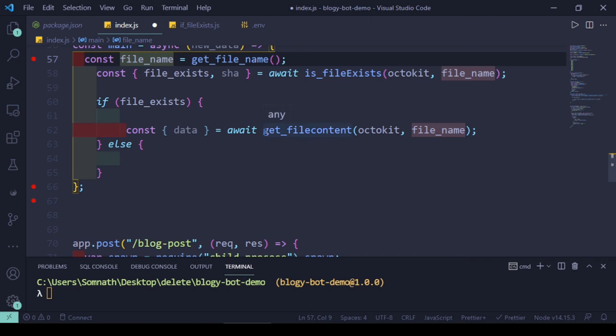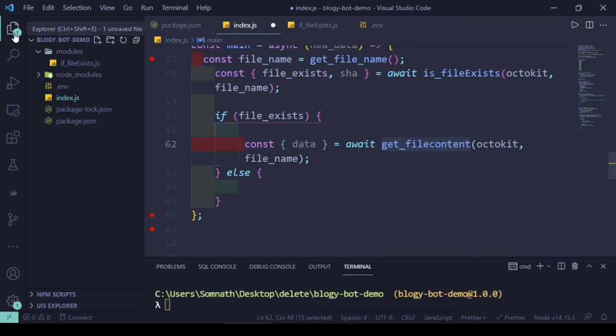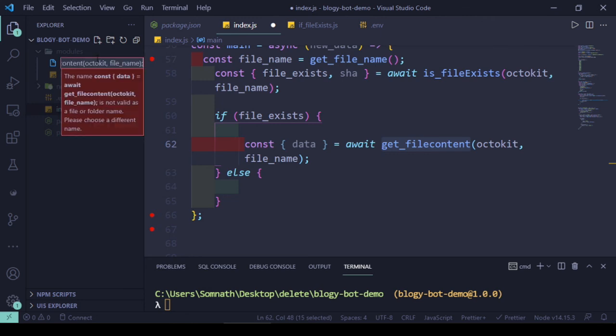So now let's create this middleware under the model section. New file, getFileContent.js.